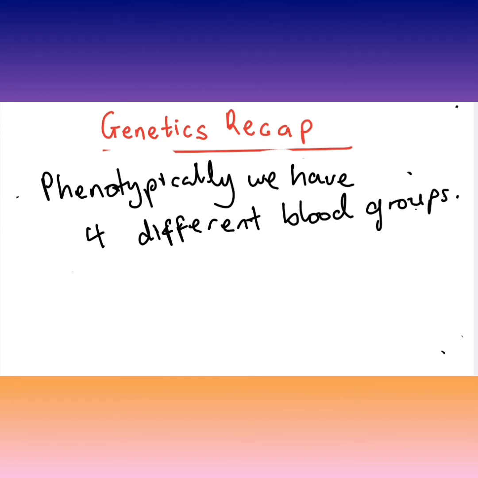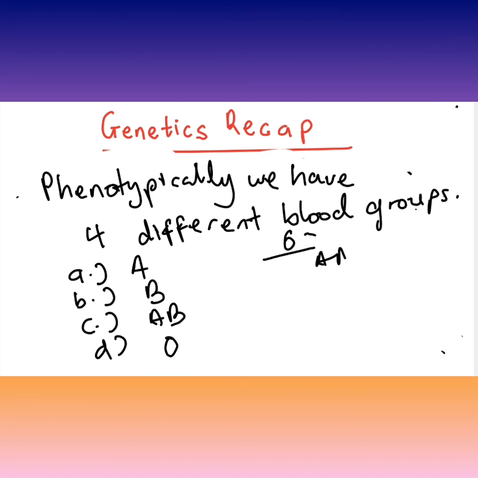We have, okay, call with me if you know this, A, we have B, we have AB, and we also have blood group O. Now, although we have 6 different genotype combinations, which are AA, AO, BB, BO, AB, and OO,